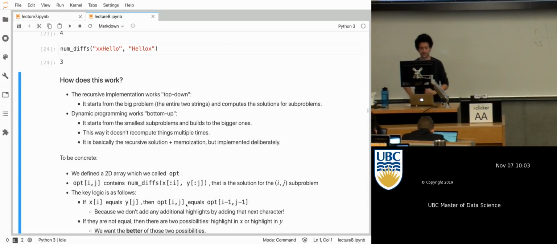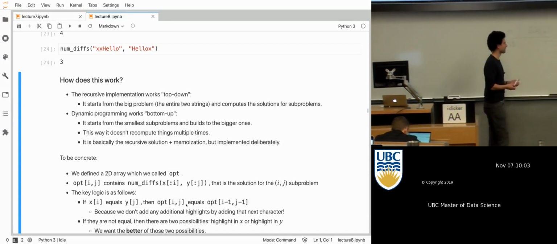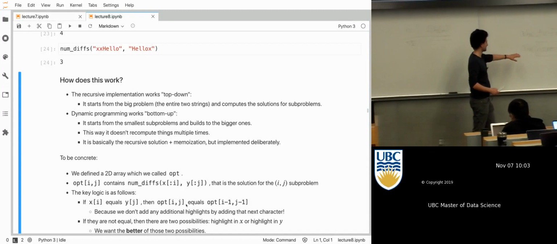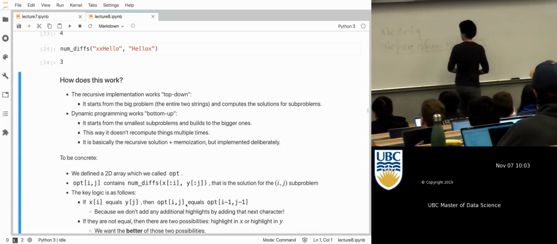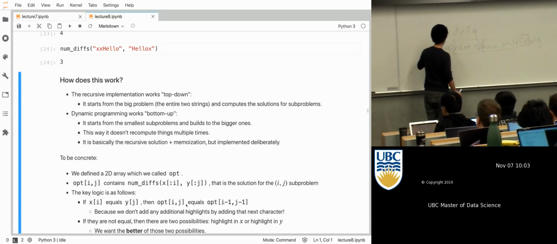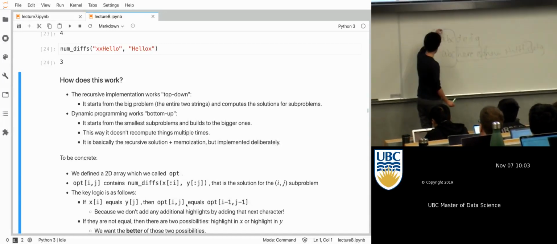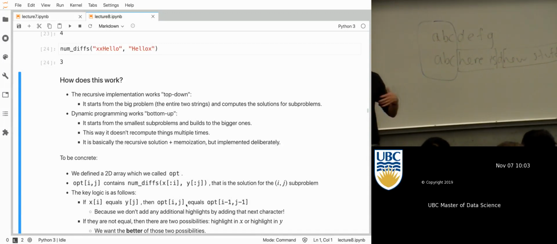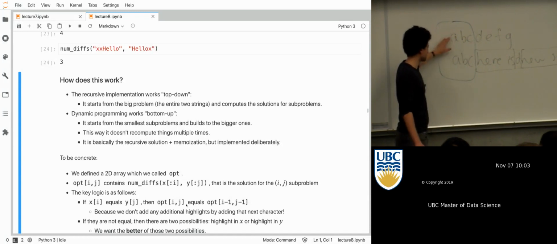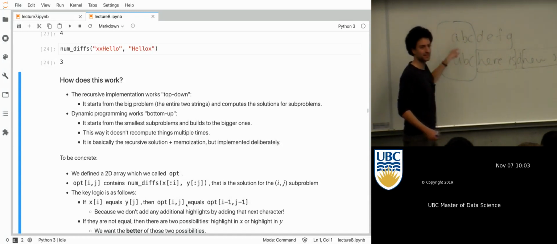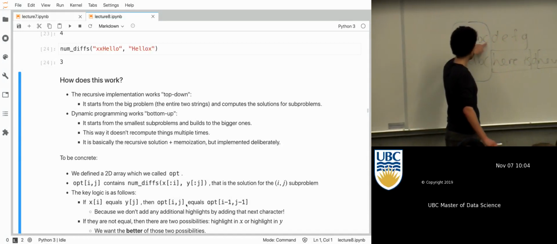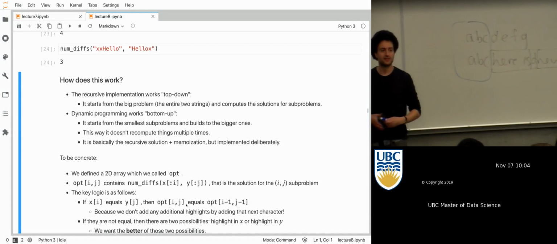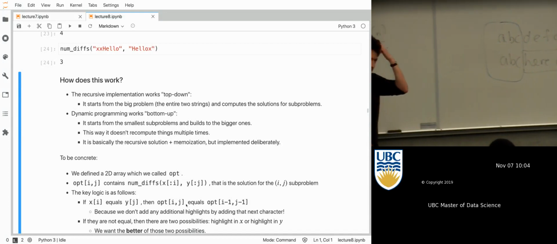Well, we can look at those two characters, and if those two characters are the same, and maybe I should go with this example. So let me get a blue. So let's say we want to compute just this subproblem. So i is 3 and j is 3, so we just want to compute the thing up to here, but we've already done it for all the shorter strings. So what we can do is say, well, in this case, the current character c is the same. So if the current character c is the same, then